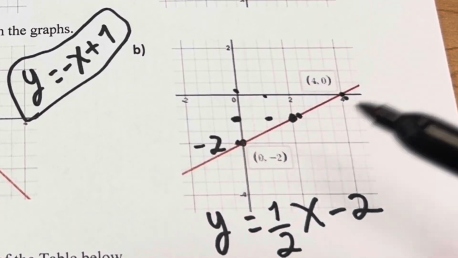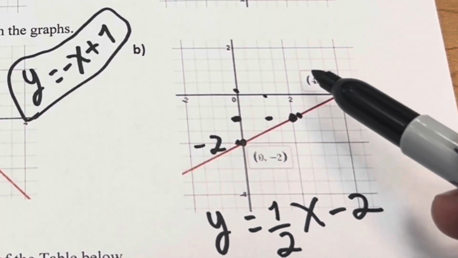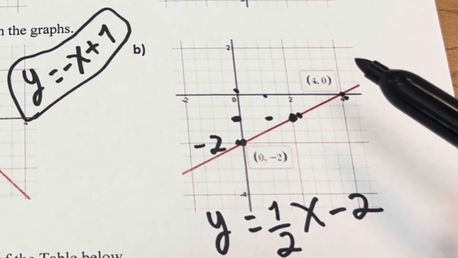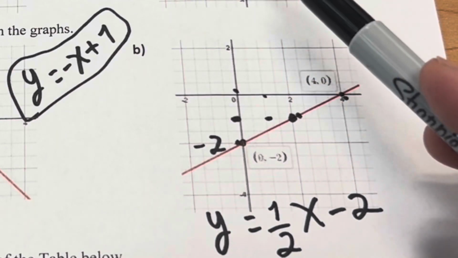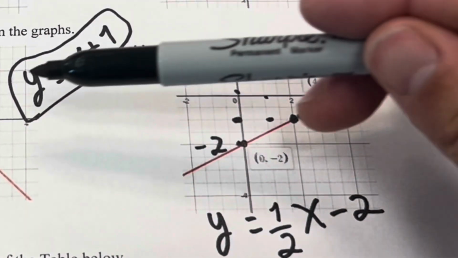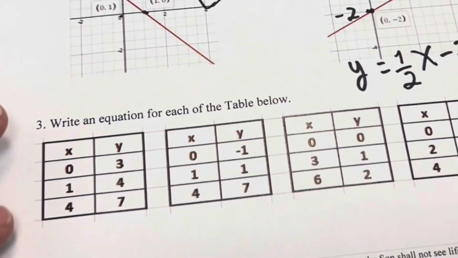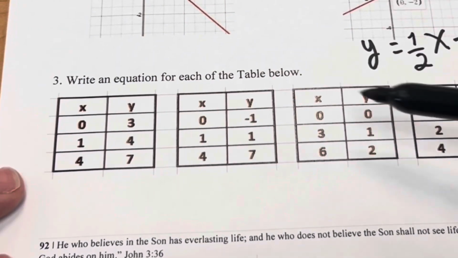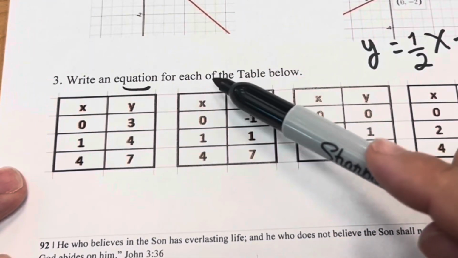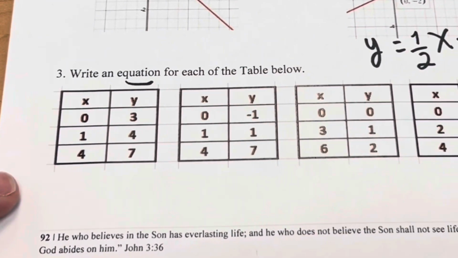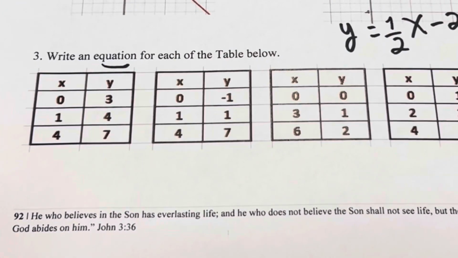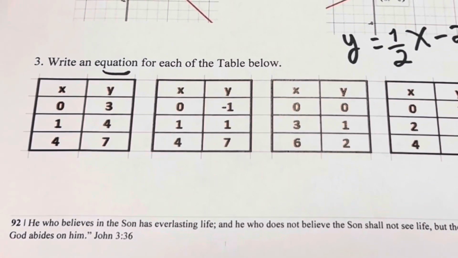So this is a practice video. You should know this from other previous lessons, okay? There are some lessons where we only do this, other lessons where we only do that, and then this one is: write the equation of each table below. So given a table, write the equation. That's another option that you might see on the test. All these different variations of linear equations are very important for your test.